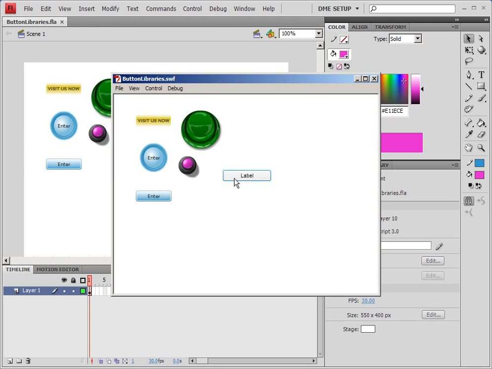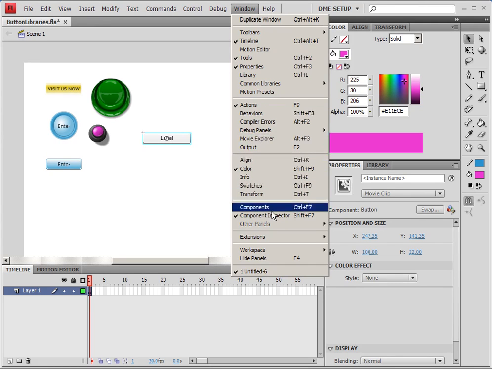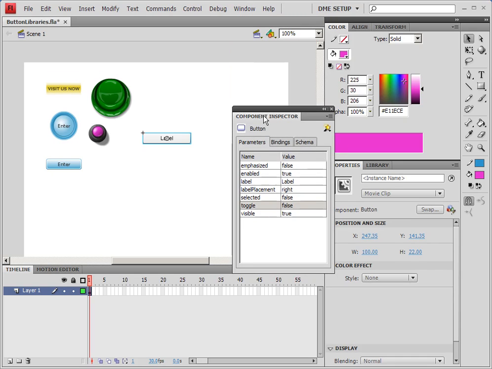Now the reason that we're trying Control Enter is that even though this component button is great, sometimes it causes some issues. So we just want to be aware of that. Now I'm going to go to the window menu and bring up the component inspector, which I already have somewhere here. And this is what the component inspector looks like. One of the things that you're going to be looking for with this component inspector is the ability to change the label. And so I can call this sample button, and you'll see when I change the label, it changes